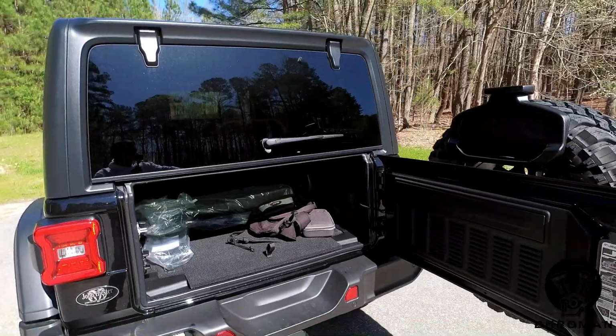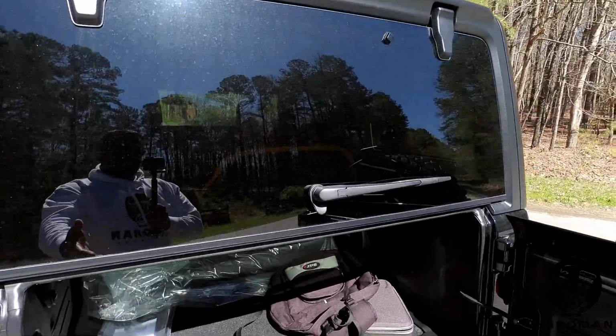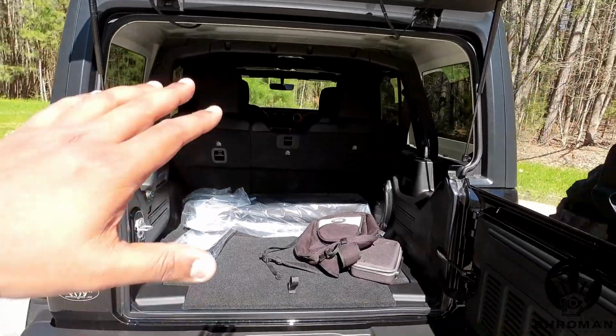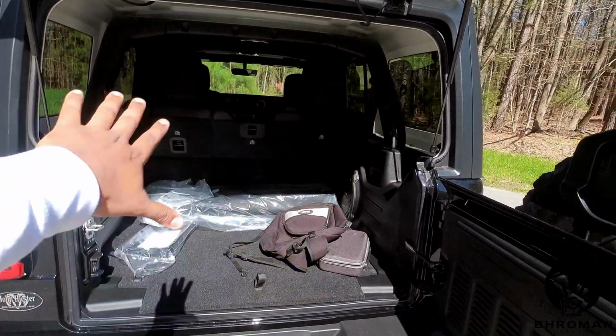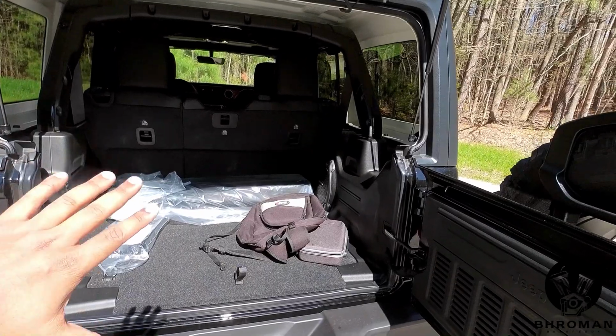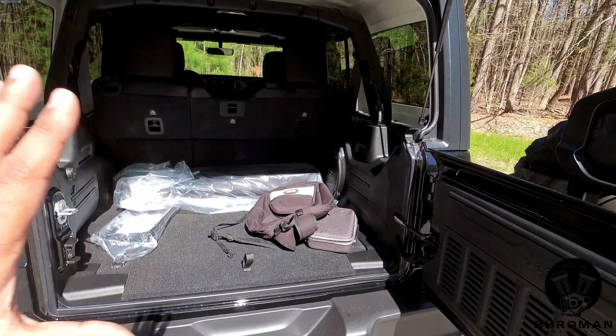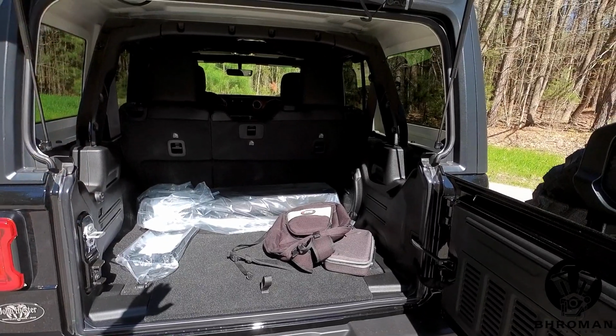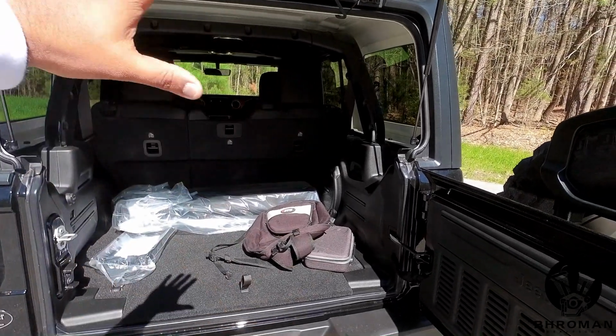This swings open outward, and then all you gotta do is lift the glass piece up, and that gives you access to your cargo space. This is not a huge cargo space, but this is pretty decent. The rear seats do fold down. They don't fold down all the way, but they fold down and give you a little more space to put